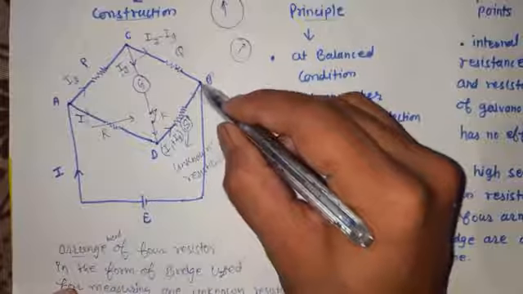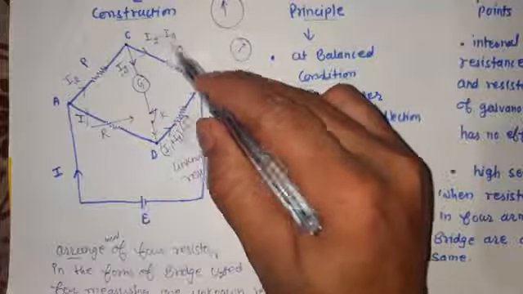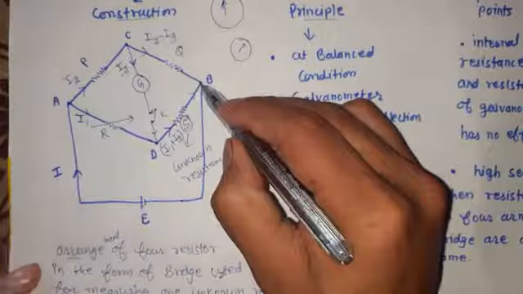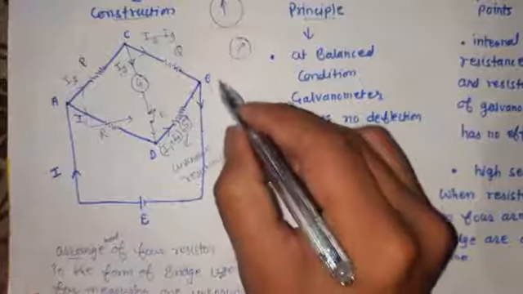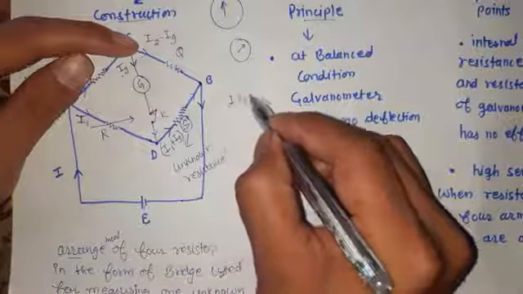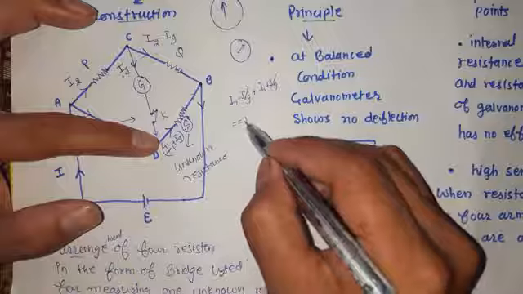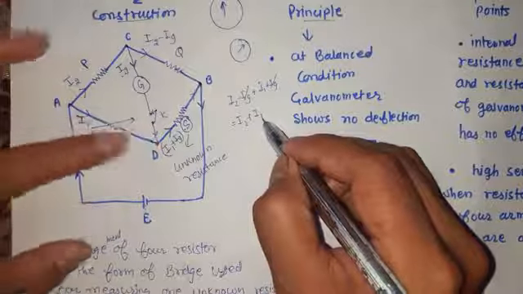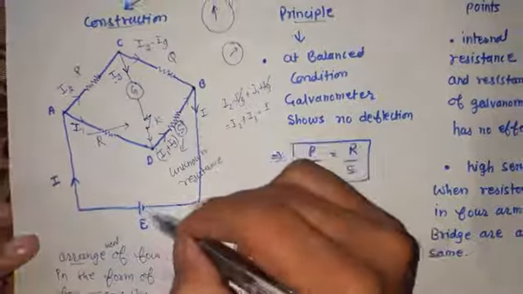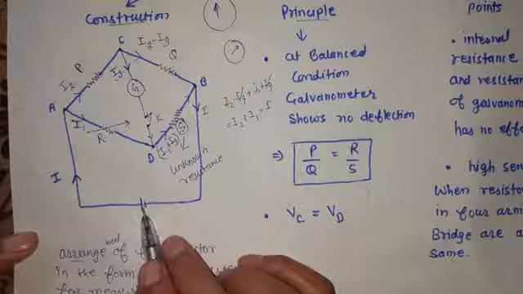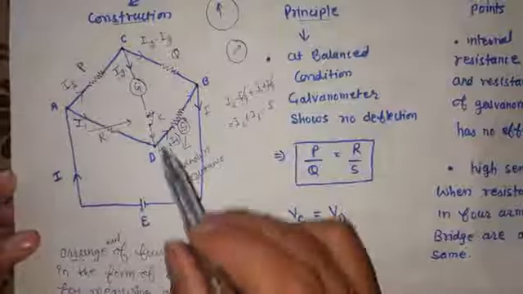Now this current will reach this junction B. At this junction B, we also have this second current, I2 minus Ig, which is reaching the junction. Now how much is the current which will leave this junction again? You will find that it is I2 minus Ig plus I1 plus Ig, so the Ig is going to cancel. It means I2 plus I1, so this is equal to I. That is the total current I. Once again it will come to the negative terminal of that source of voltage. Okay, over here this is the construction.